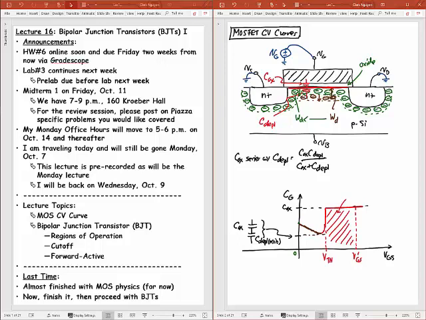So this will be the charge Qn, which is the electron charge in the channel, or even the positive charge that's in the gate now that I put on the gate. This is just going to be equal to whatever Cox is times VGS minus my threshold voltage VTN.